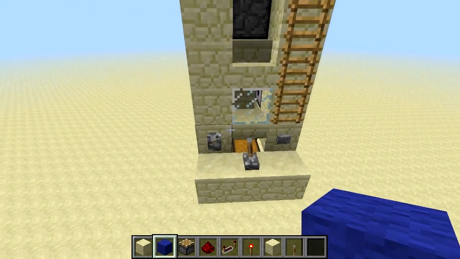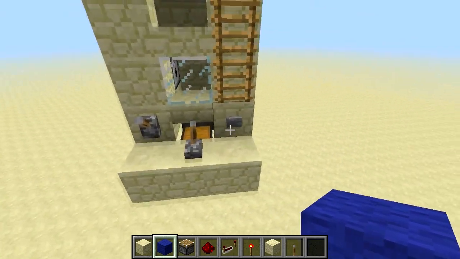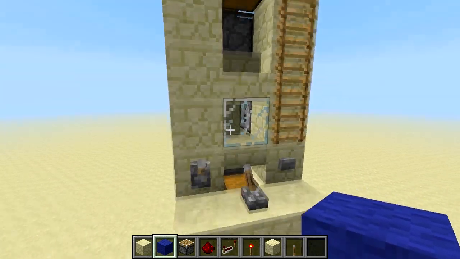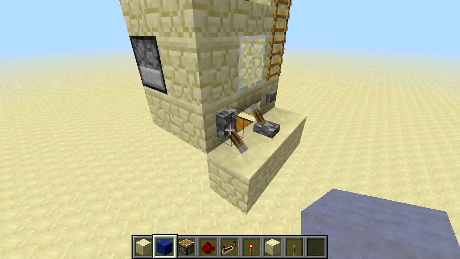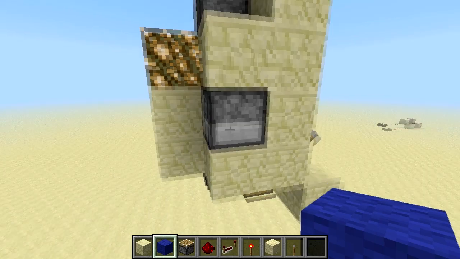Alright, so now we're going to start the wiring of this thing. To help us distinguish between the different functions of each lever, button, and mechanics of the dispensers and whatever, we're going to be using different colored wool. So let's first start by wiring this lever to our dispenser, which is going to dispense our water and drown